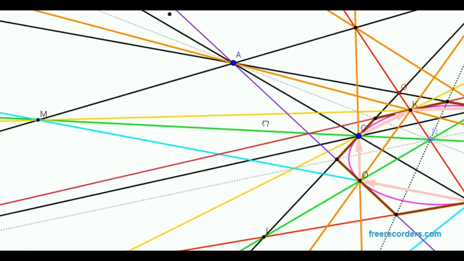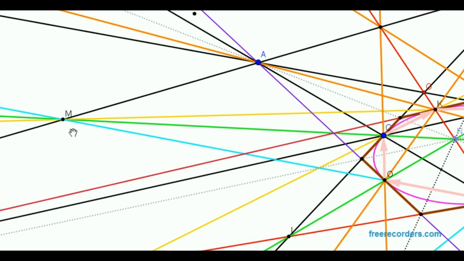Okay, so now if we take FO and the opposite side to that on this hexagon, which will be DK, now let's extend out those sides. So that would be this blue line and this yellow line. Let's see where they meet. And they also meet concurrently at another point on this line. So the kind of magical thing is that in this case Pascal's line is actually the line AB itself,